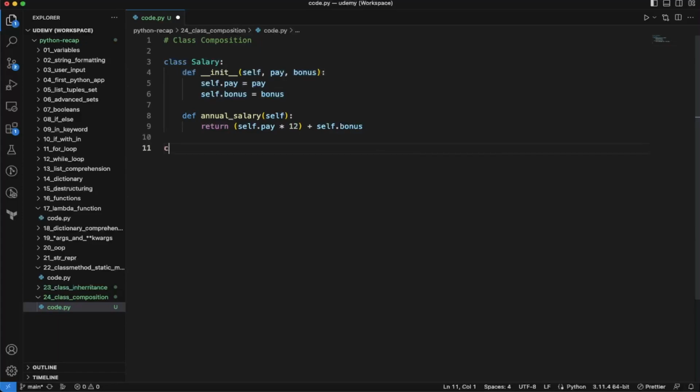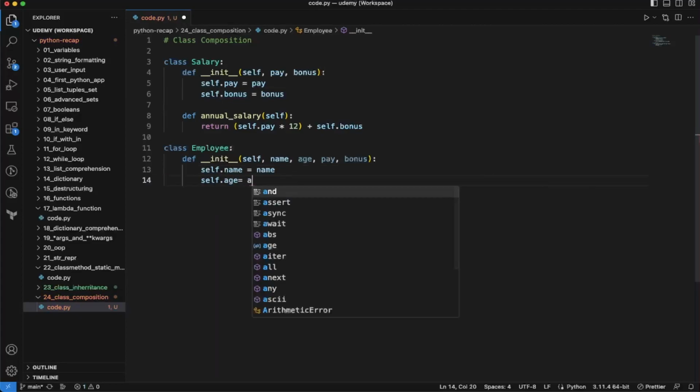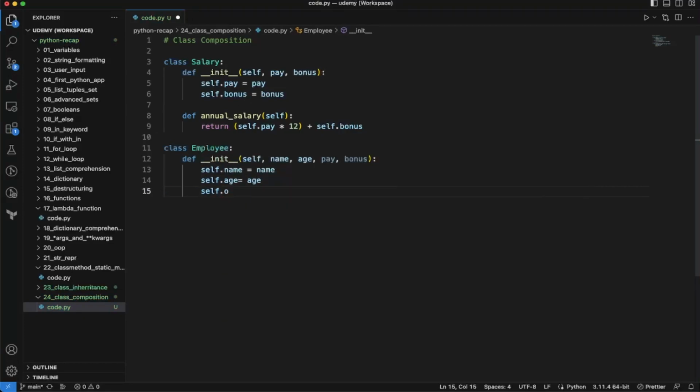Now let's create another class called Employee, and here we'll have a constructor again. It will take self, name, age, pay, and bonus. So here let's say self.name equal to name, self.age equal to age. Since we want to have the salary of this employee, we can say self.obj_salary is equal to